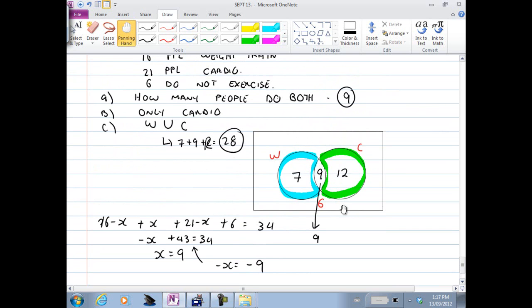Guys, gals, that ends your lesson on Venn diagrams. I hope you understand it because